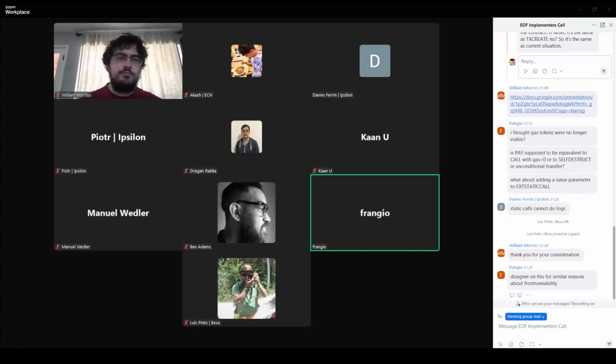I don't think making the address independent of metadata makes sense, and you get similar problems about front running that we had been discussing, right? I would like to hear more if I'm wrong about that, but I don't think anyone would really want to omit metadata for any good reason.